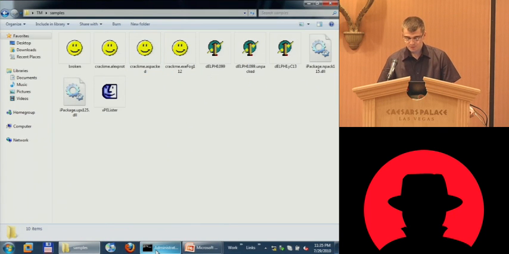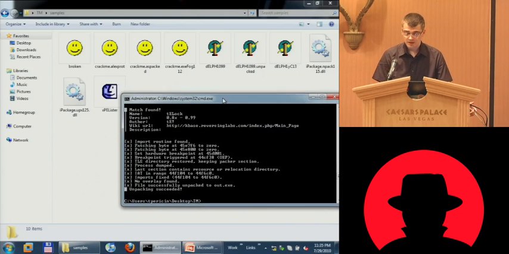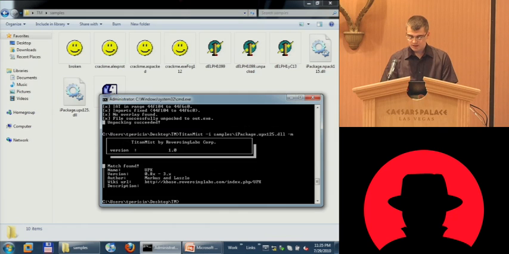Now we can do the same for dynamic link libraries as well. All the files we have unpacked just now have been executables, and we can do the same for dynamic link libraries. Now there's a small trick you can use. If you look at this, this is a UPX file. The default unpacker for UPX is TitanScript. Now since TitanScript doesn't support